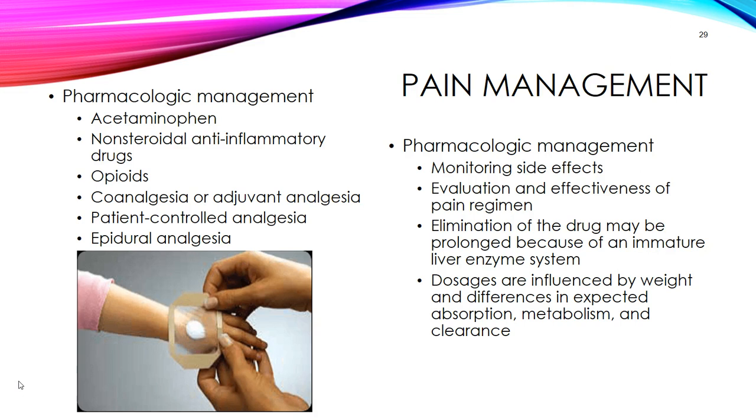So it could be they process them quicker and they need higher doses, or more often it's because of their immature kidney and liver function that it actually stays in their body longer and they're more at risk for side effects. So generally the way they approach medications, especially in the peds population, is to start at a low dose and work their way up